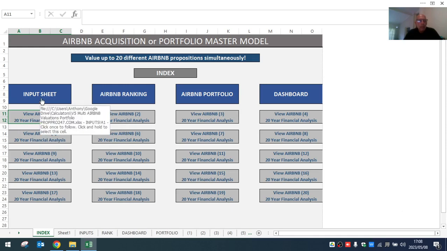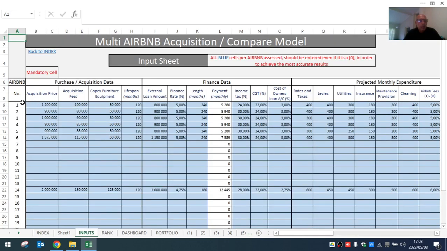So if we go to the input sheet, you will see the number of models on the left-hand side running down and your simple inputs to make the model coherent. We start off with the purchase acquisition data, which is acquisition price, acquisition fees, the capex for furniture and equipment, the expected lifespan, and then we get into the financial data, which is the loan amount which you expect to take advantage of with the bankers,